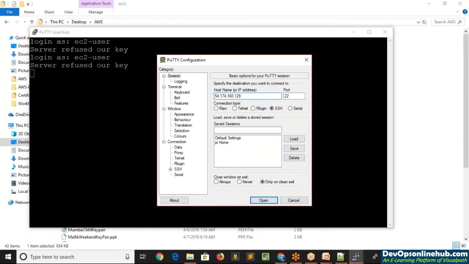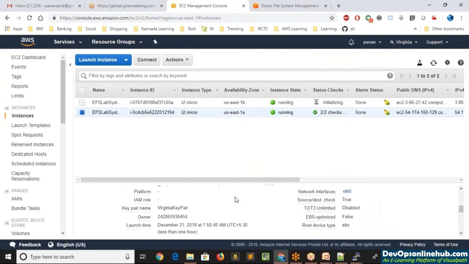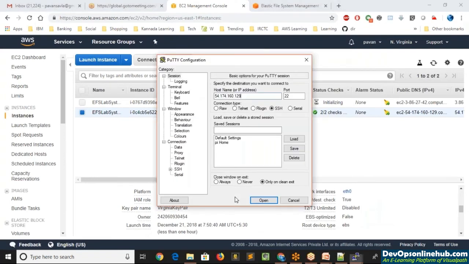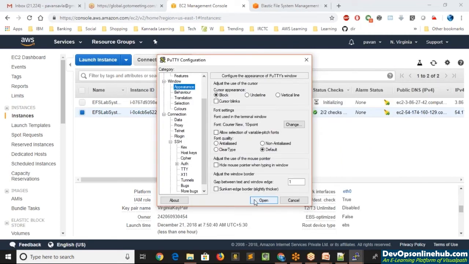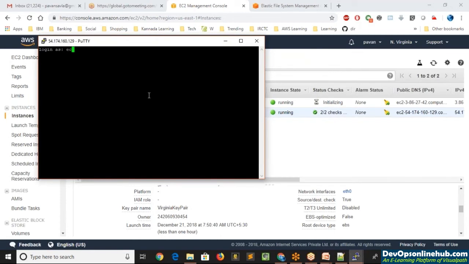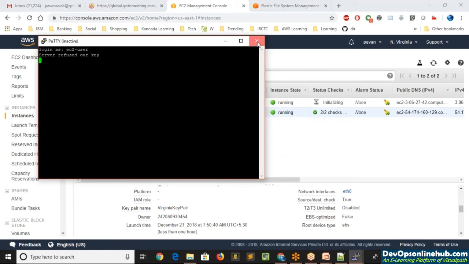Let me check the key pair once again. So it is about the Virginia key pair. I guess there's some problem with the key here.